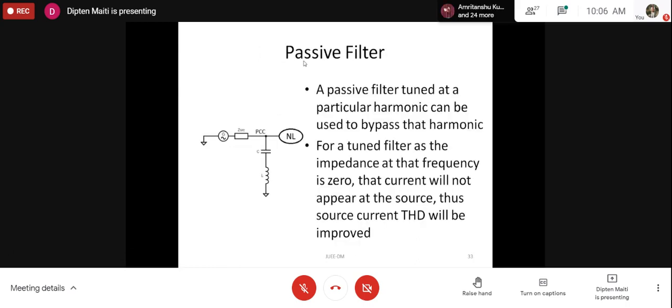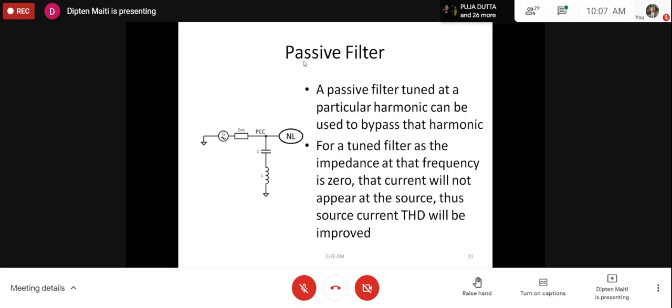Passive filters, here we usually use shunt passive filters and series passive filters. Of course, those are used. However, let's restrict ourselves to the discussion of shunt passive filters. If you check here, the source is shown, and ZSRC is the source impedance. Because we are discussing harmonics, the source impedance should be shown here. In ideal cases, when we consider ideal characteristics of the circuits, we usually don't consider this source impedance. However, it would be there, and you should take it into account when you study any power electronics system.